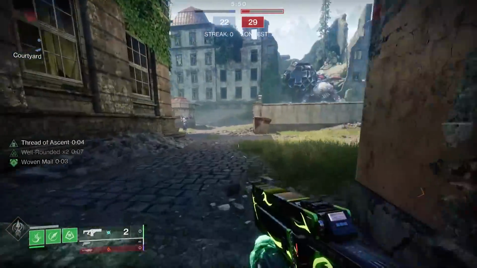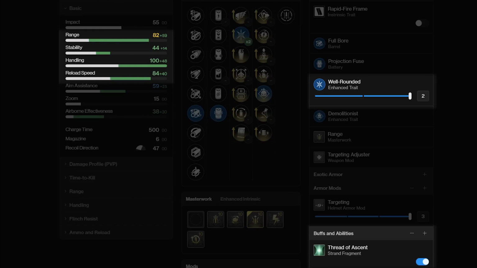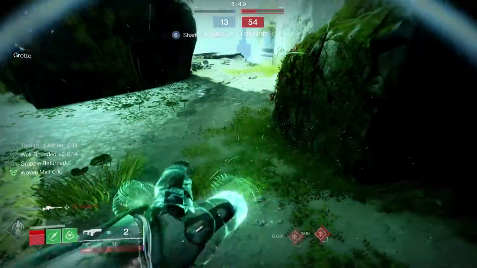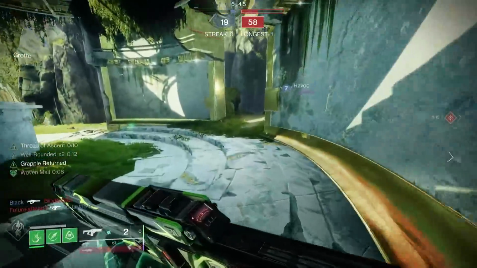So if we add in the Ascent fragment, which activates right alongside Well-Rounded, we're at a total of 84 range, 44 stability, 100 handling, and 88 reload speed with the speedy reload duration multiplier. It is one of the most exciting fusion builds I feel like I've ever put together, and it works like